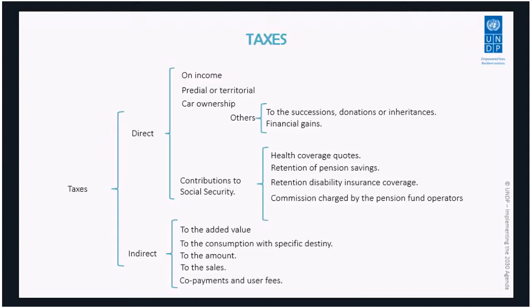It's not a fixed tax. It's a tax that depends on the model and the cost of the vehicle, so the amount is changing every year, etc. There are other types of direct taxes which are levied on successions, the inheritances, of course, the financial gains,